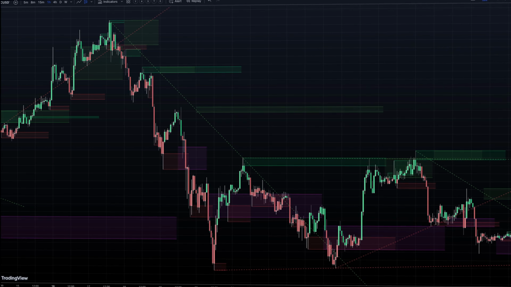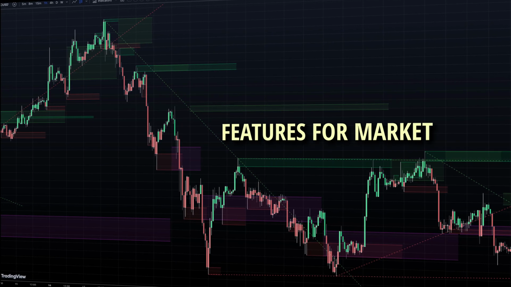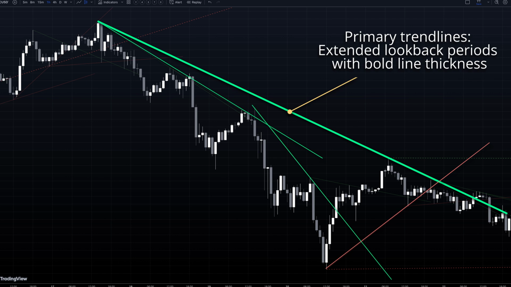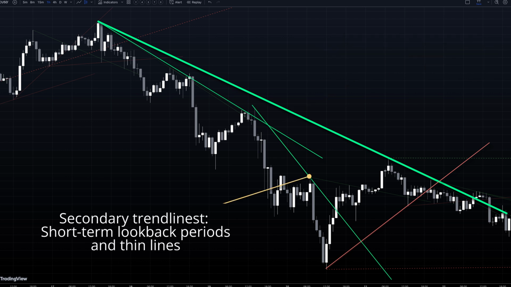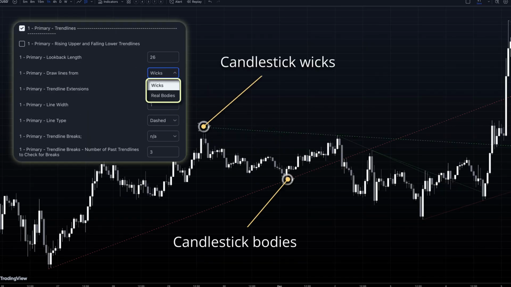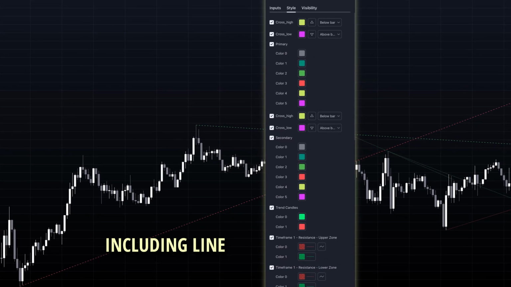This indicator is a comprehensive technical analysis tool that combines multiple advanced features for market analysis. The indicator draws two sets of trend lines by connecting pivot points, a primary set with longer look-back periods and thicker lines, and a secondary set with shorter look-back periods and thinner lines. These trend lines can be drawn from either price wicks or real bodies, with customizable appearance options, including line styles,